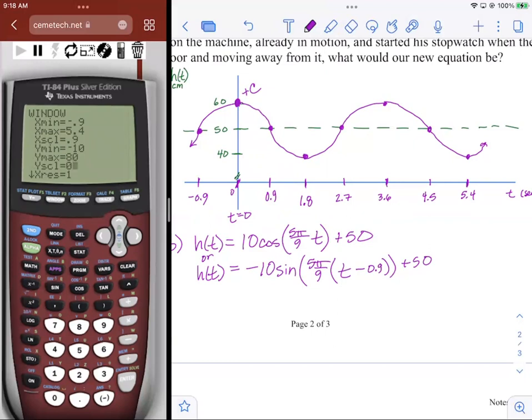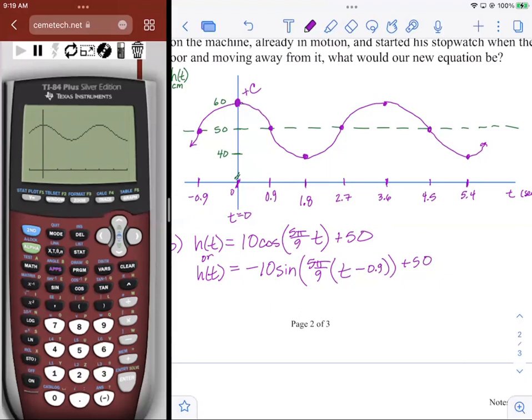Now, when I hit graph, I should see what I've already graphed by hand. Yes? If not, you've typed it in wrong, or maybe you're in degree mode. You don't want to answer questions, though, until you can verify what you've already done. How's it looking? It looks really good, right? Now I know how awesome I am, or I'm confirming how awesome I am. The calculator's telling me how awesome I am. Now I can comfortably answer the questions